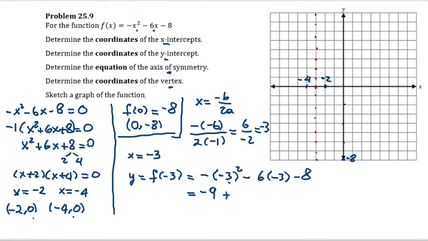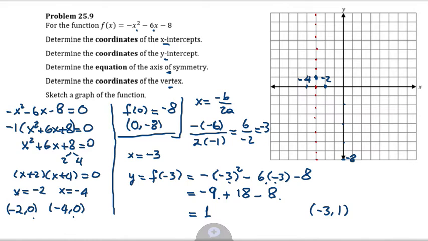For the second term we will get plus 18, the two negatives will become positive, and then minus 8. So -9 minus 8 will be -17, plus 18 will be 1. So we find the vertex at x equals -3, y equals 1, which is in fact right here, the